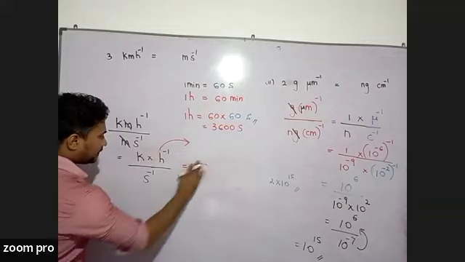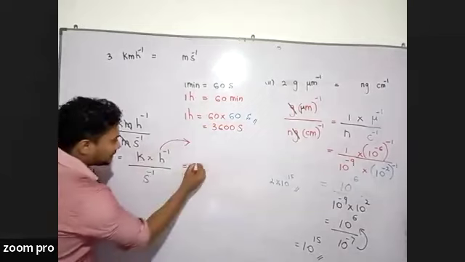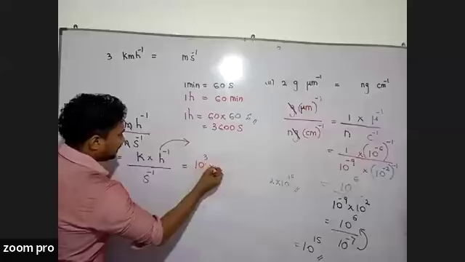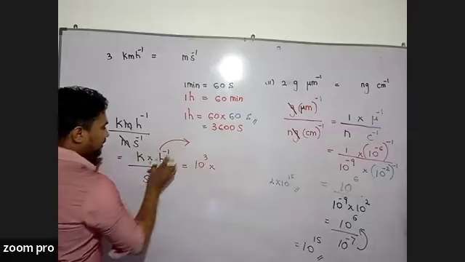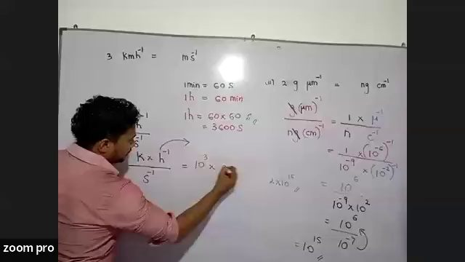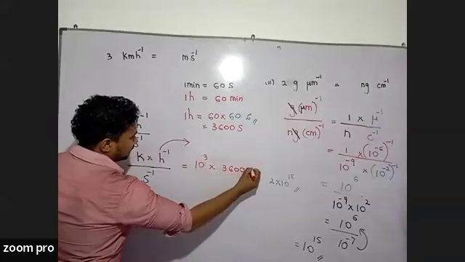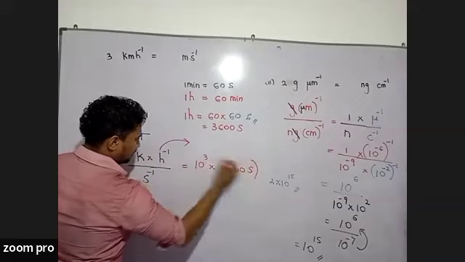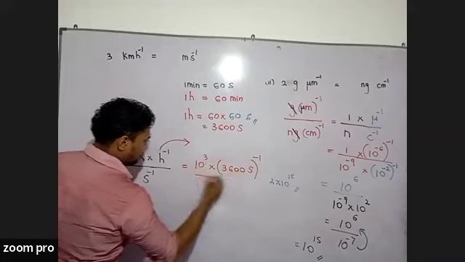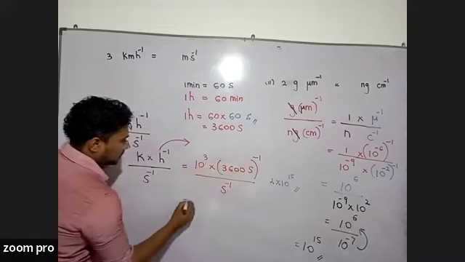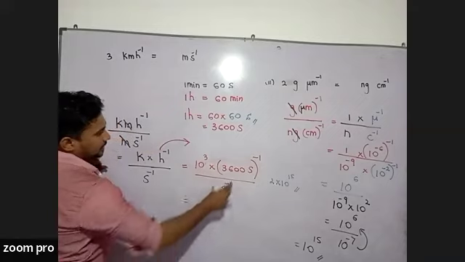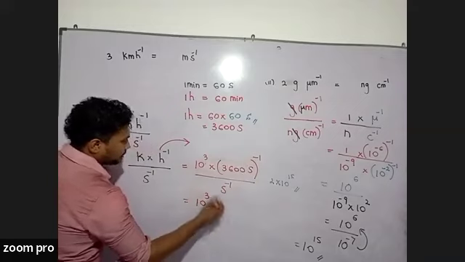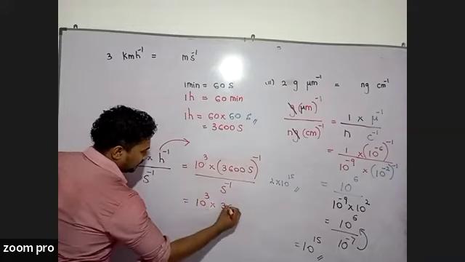Now let's substitute the relevant values. Kilo means 1000, isn't it? Or 10 to the power 3. Then if we substitute the hours in terms of seconds, it should be written as 3600 seconds, but we have to consider the power of -1. So we can easily cancel this s to the power -1. So the numerical value which is remaining after the simplification